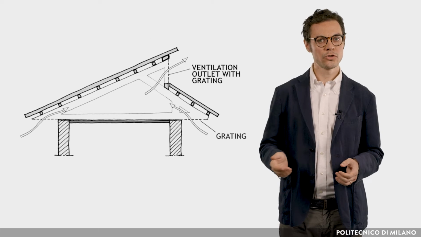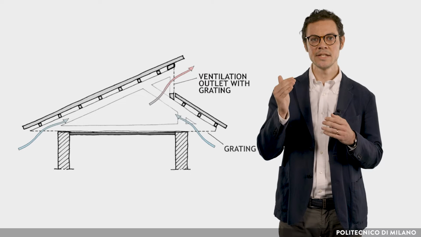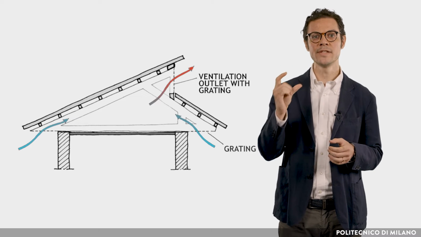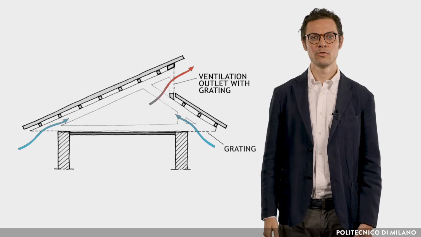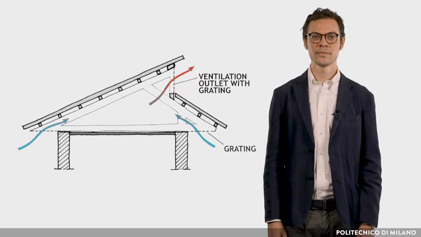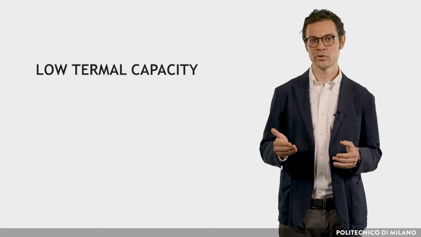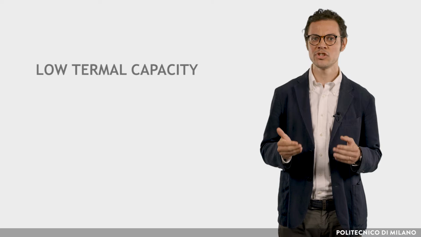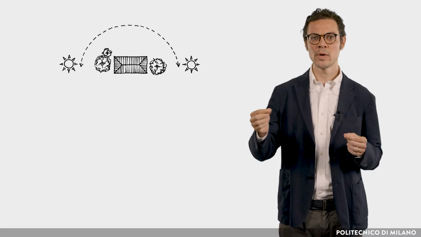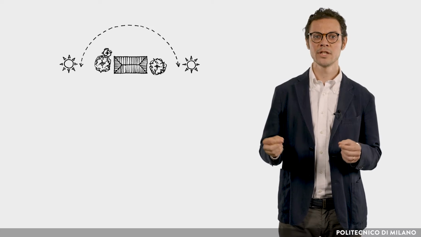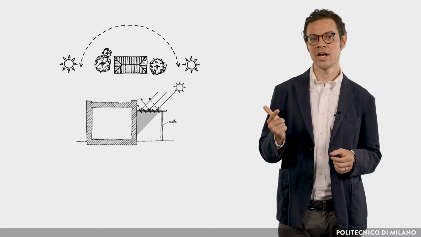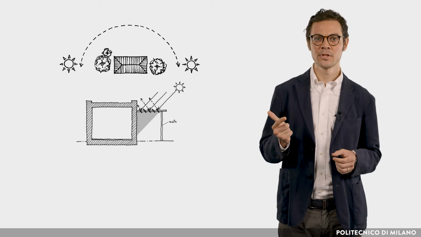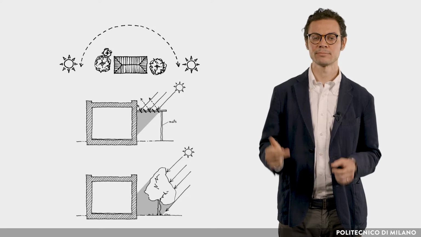If the roof is not insulated, a ceiling is needed and the space between roof and ceiling should be ventilated for reducing thermal discomfort. It is even better if the ceiling is also insulated. The walls should have a low thermal capacity. Sun protection is very important and can be achieved by orienting east-west the long axis of the building, shading with overhangs, verandas or other devices, or shading with trees.